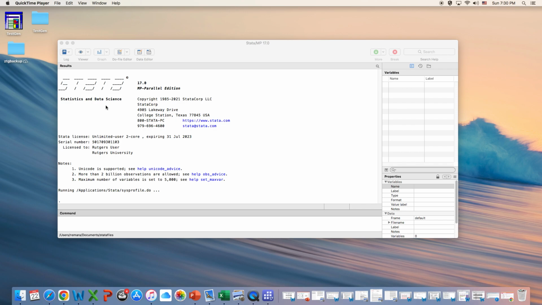Hello everyone. In this video I'm going to show you how to import data into Stata using three different types of files. Throughout the semester we will be using basically three types of files: Excel, comma separated values, and DTA file, which is basically the main format for Stata datasets. So let's start with